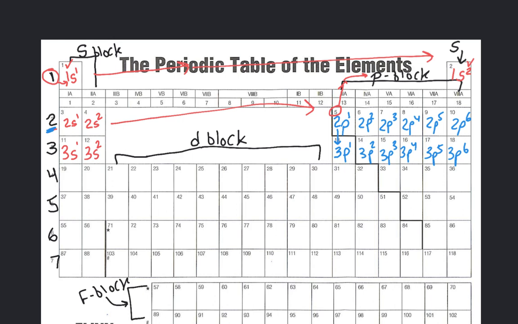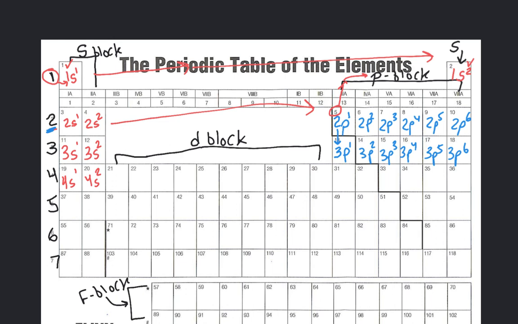And then, like we're reading left to right, top to bottom, we're going to go down to row 4. We're in the S block now again. So it's a 4s1 and a 4s2. So you can see the S block above it, 4s1, then above it is 3s1, above it is 2s1, above that is 1s1. Okay. Now when we go to the right here, we actually enter the D block,